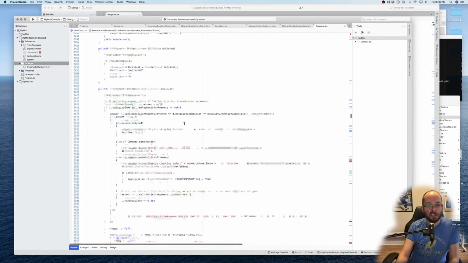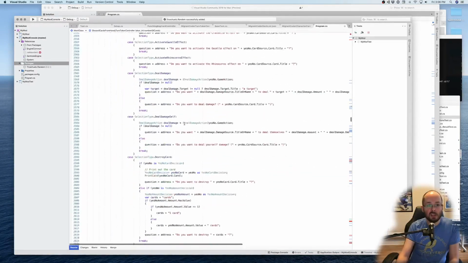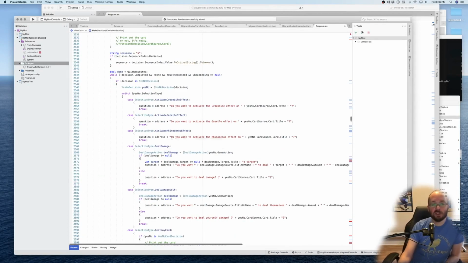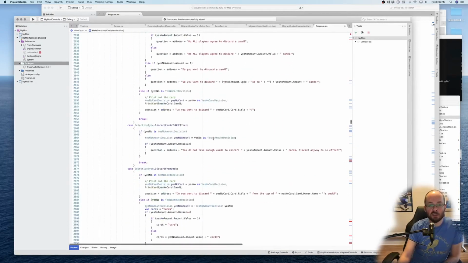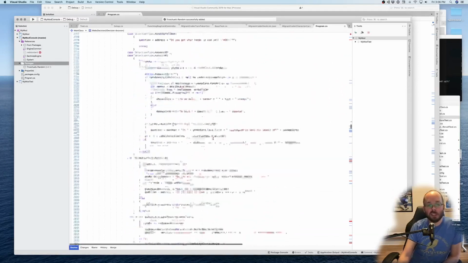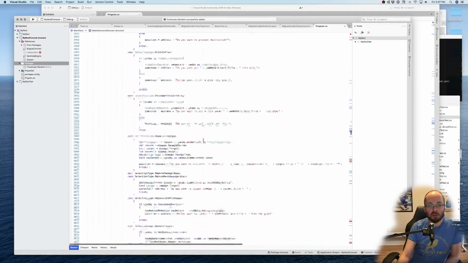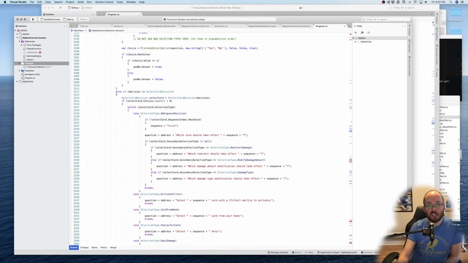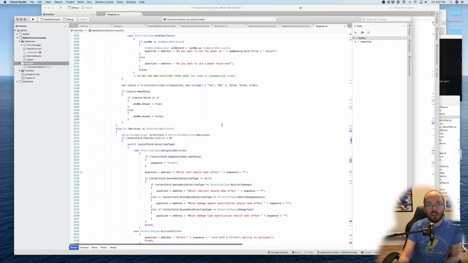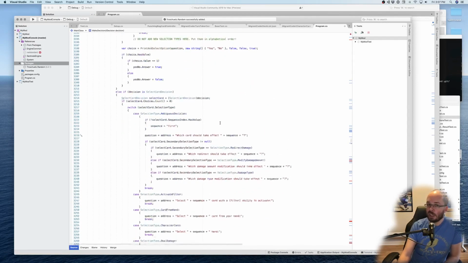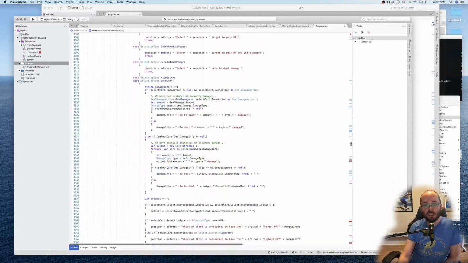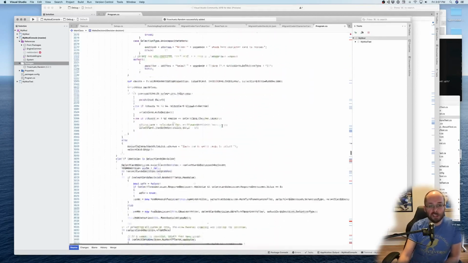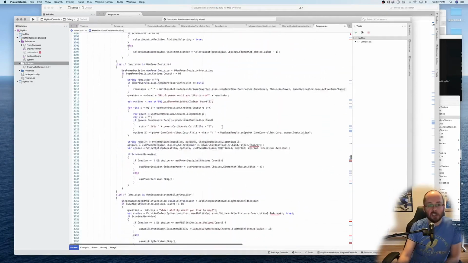showing messages, making decisions. This is actually very interesting because this is very similar to what the UI shows for decisions. Like, do you want to destroy this card? Do you want to discard a card? All the different strings that can be shown for different things that can happen in Sentinels. So if your mod has new kinds of decisions that don't fit in how the game works, we'll need to figure that out, because right now there's just the decision space that exists, and if you have a new thing that's like,